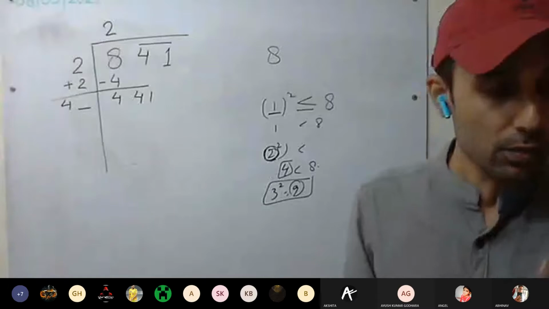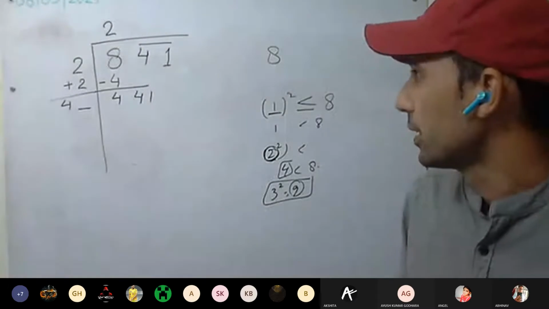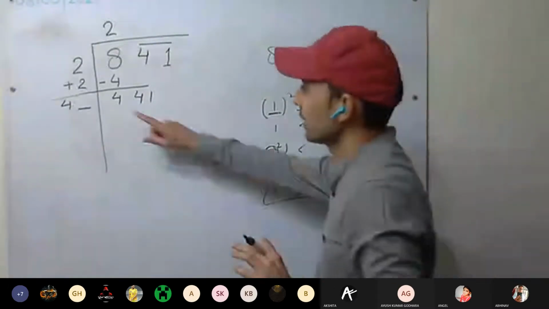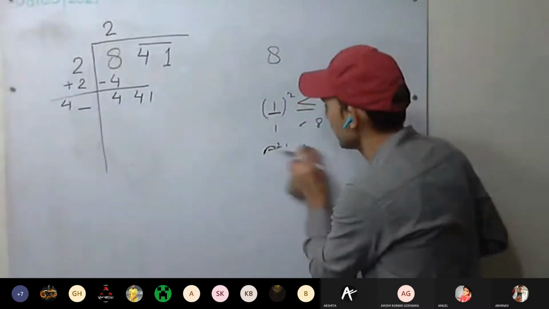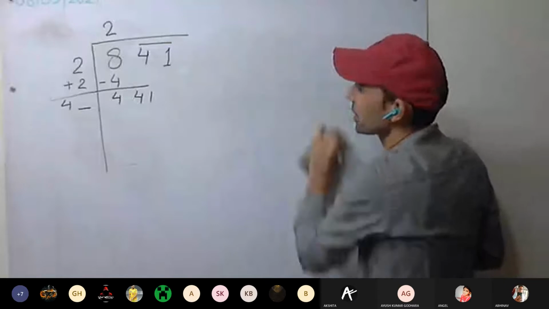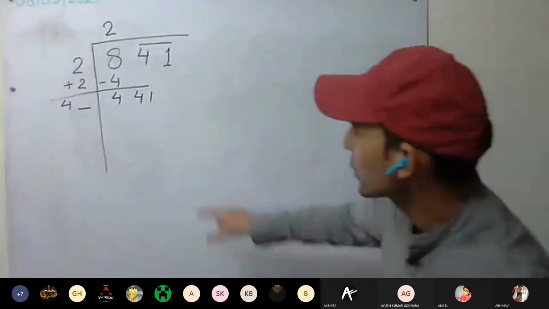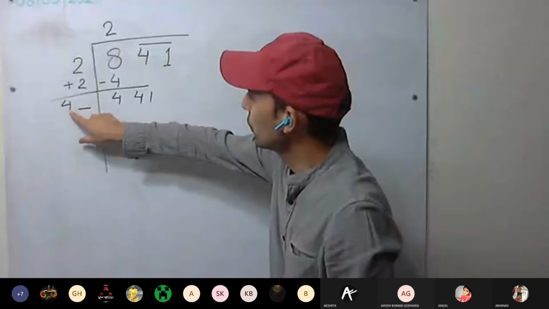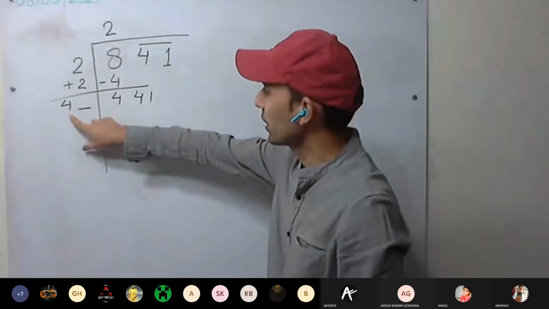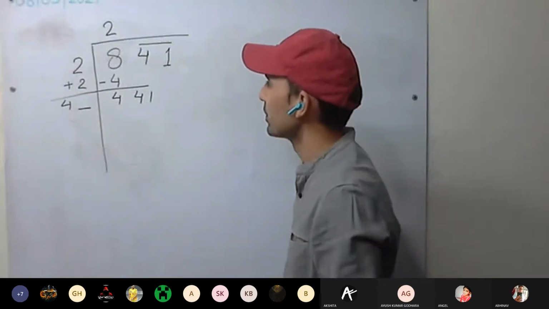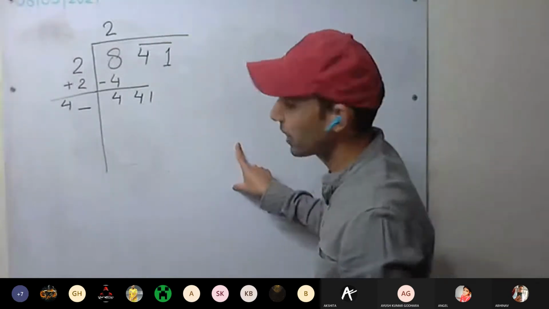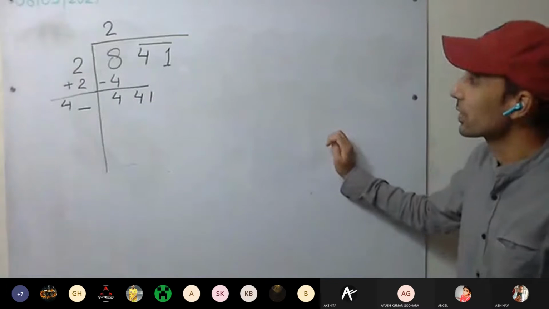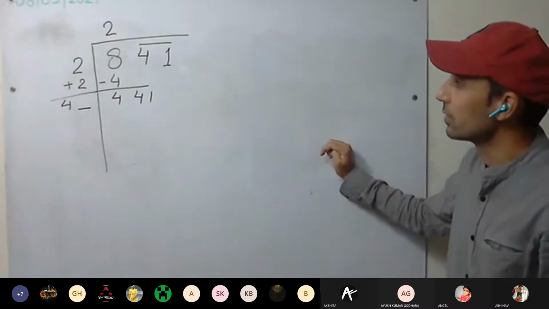This is clear till now? Any doubt you have? Sir, why we have added the 2? We have taken the square of that one. 2 plus 2, 4 we have taken. Double of that we have taken. What is the reason, I will tell you in one lecture. 4 we have taken.